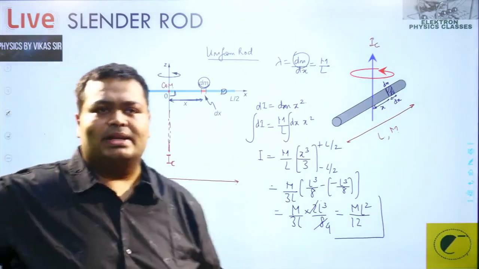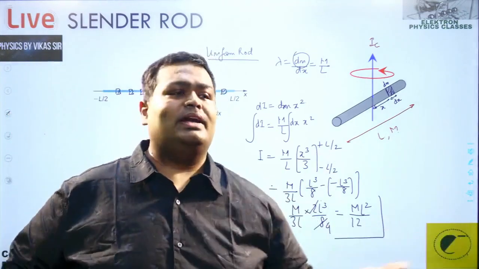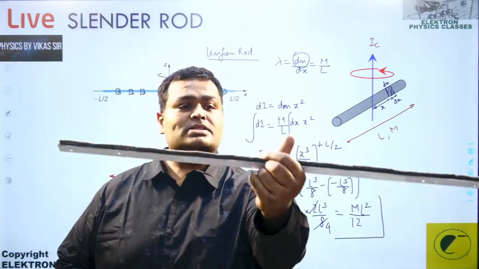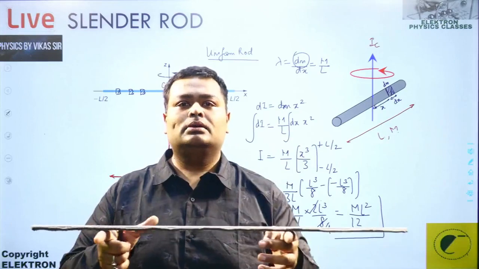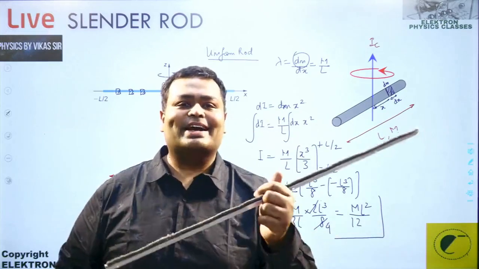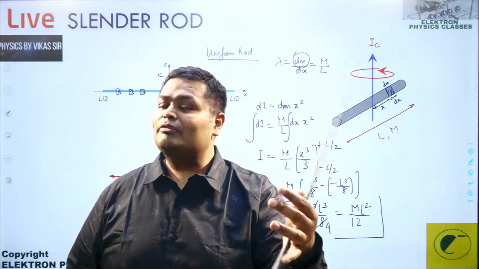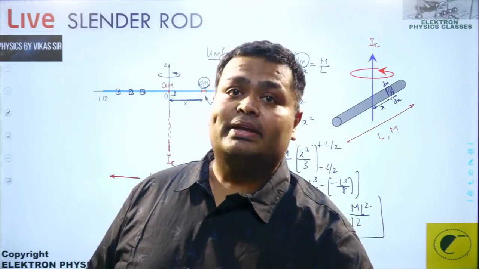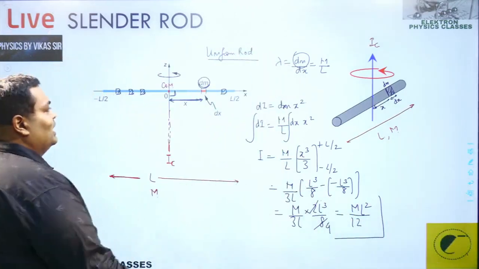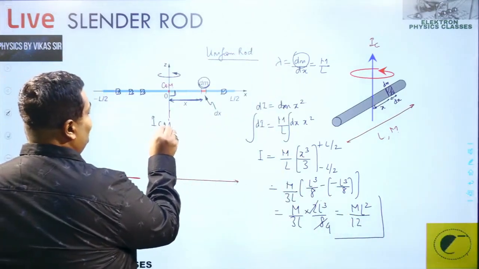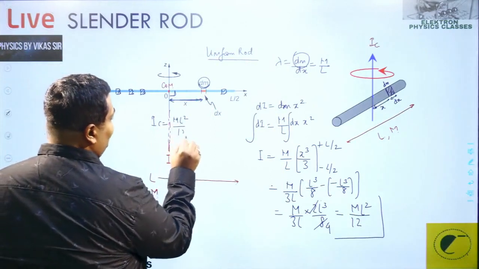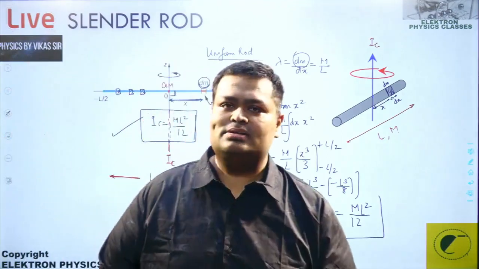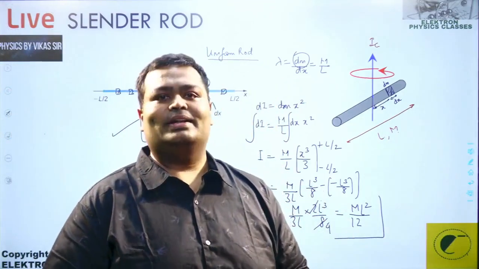That's your moment of inertia. It cannot be just guessed. It has to be evaluated. In the case of the center of mass, it was easily guessable that the center of mass is going to be at the center from this idea. But what the moment of inertia is cannot be guessed. It has to be calculated. So we have learned today that particular method, how we can calculate that. And about this axis, it is coming as ML square by 12, and this goes straight away into your flashcards, and you should be getting that particular result.